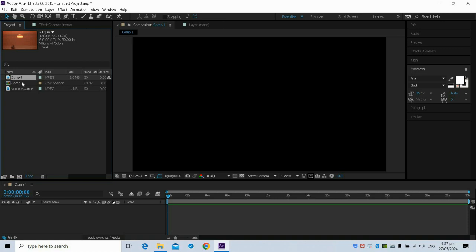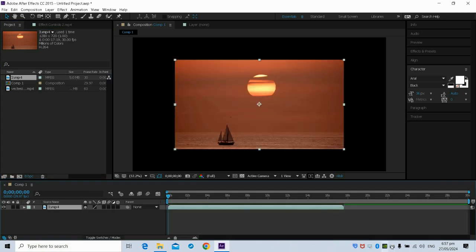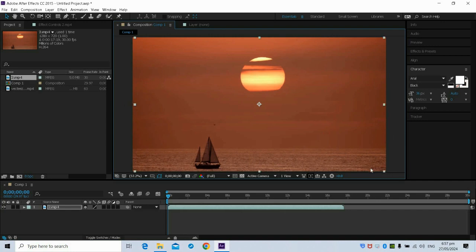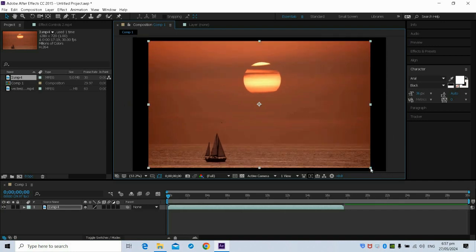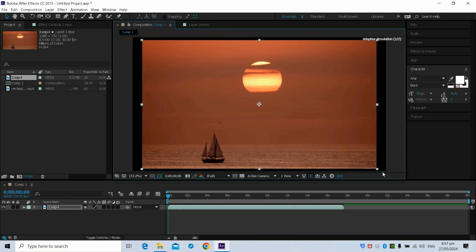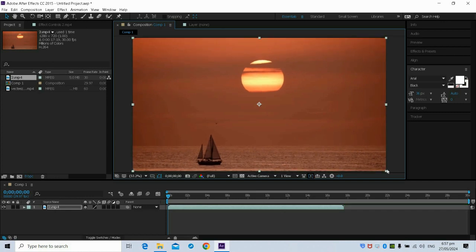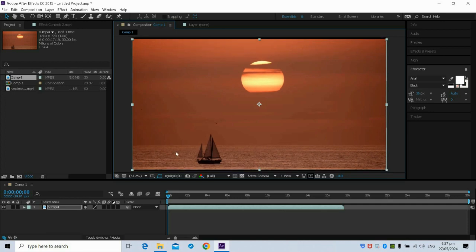Okay, so let's place the 2.mp4 to the layers panel. Okay, so let's adjust the size.